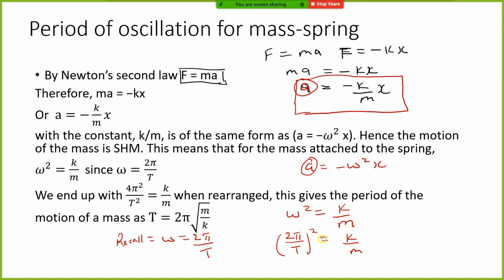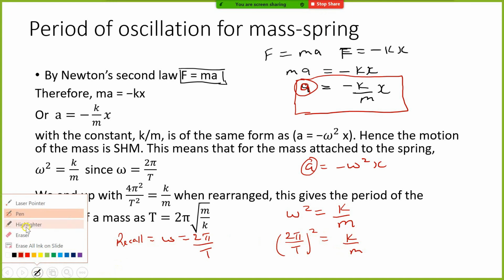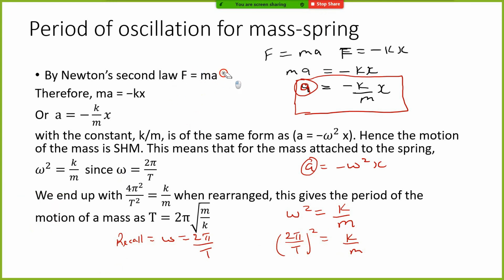Having said this, we want T to become the subject. If we want T to become the subject, then we just transpose. But before we can even transpose, we have to expand, because there's a square here. So we're getting 4 pi squared divided by T squared is equal to k divided by m. And by just transposing, you're going to see